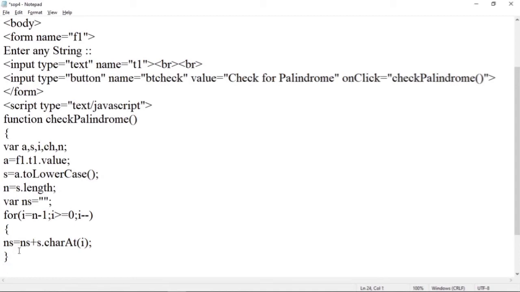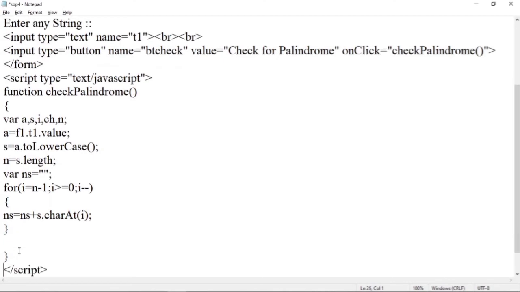Now we have to check whether our original string is the same as the reverse string or not. Let us first of all print the reverse string. The reverse string is in the ns variable. So specify here the message as "reverse string is", and here plus the ns variable, which contains the reverse string.